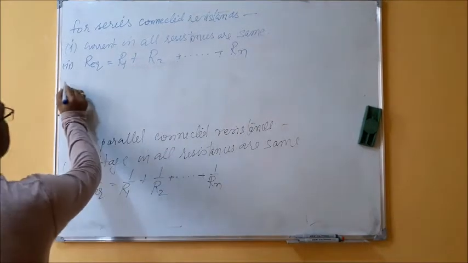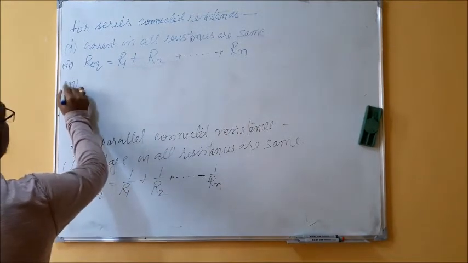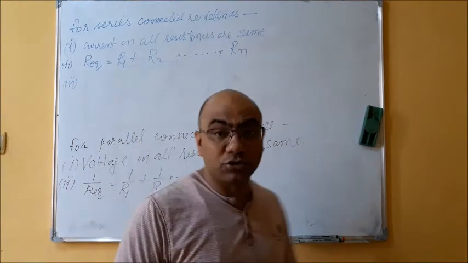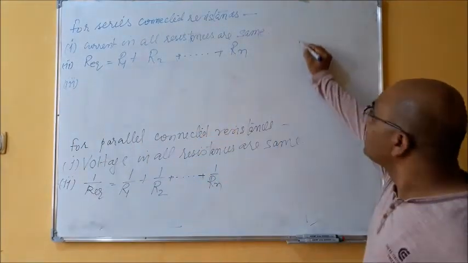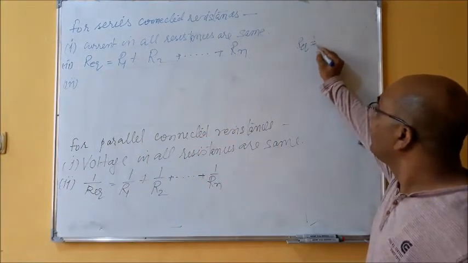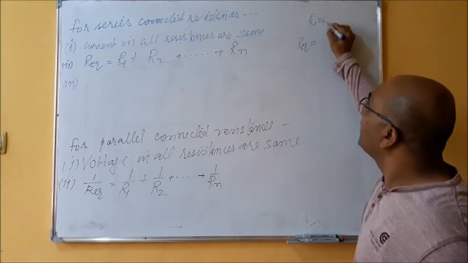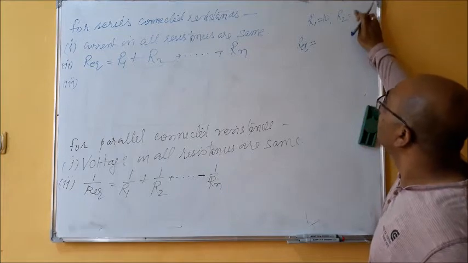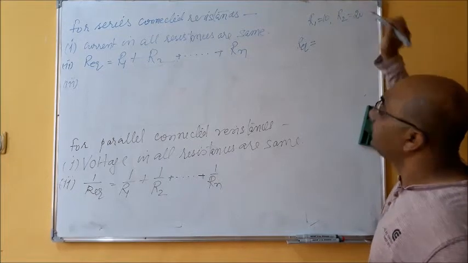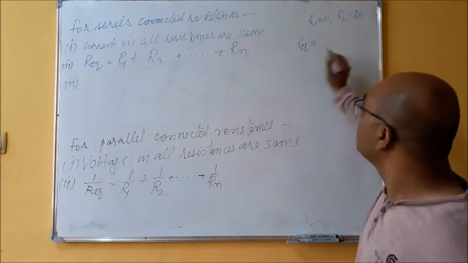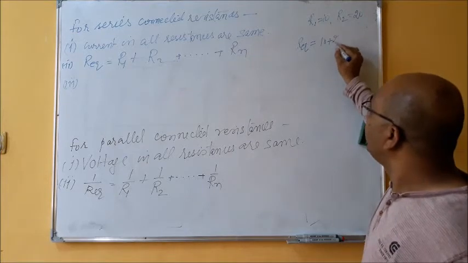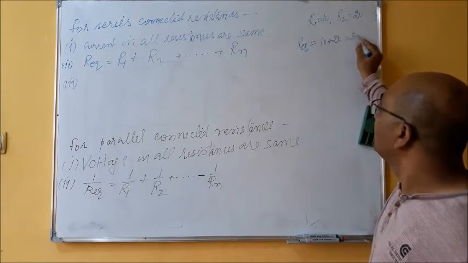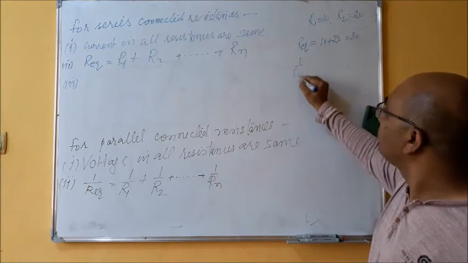Okay, now see the third point, which is very important point and conceptual point also. Suppose if I am saying R1 is 10 and R2 is 20, right? So what is R equivalent in first case? 10 plus 20. This is 30. While in second case, if you solve,